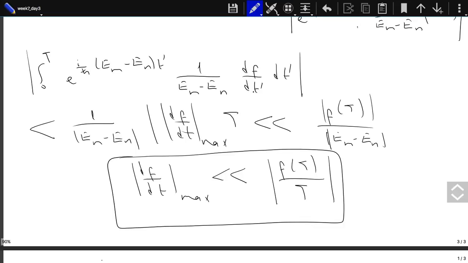Now we will take t to be large. Basically I will say that t should be large. Okay, that should be one thing. T should be large because if t is large, then you see the first exponent oscillates. If it oscillates, there will be cancellations. If there are cancellations,